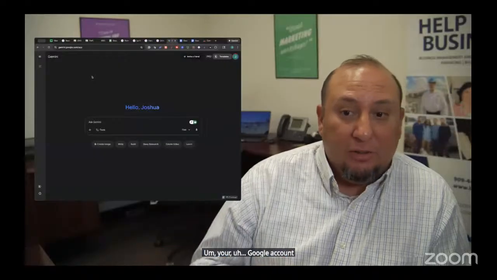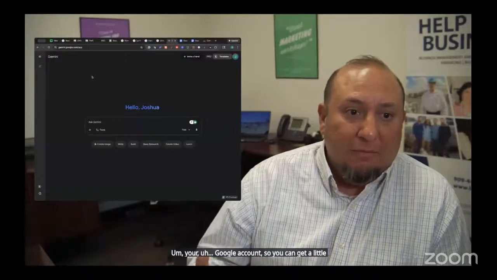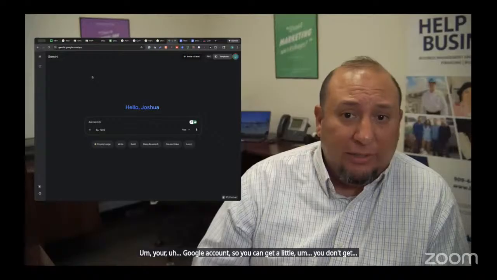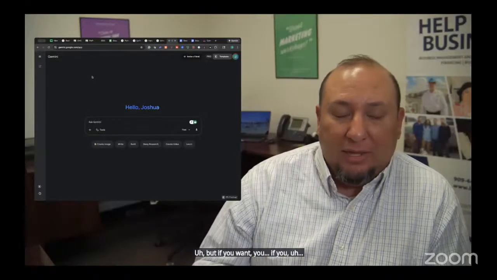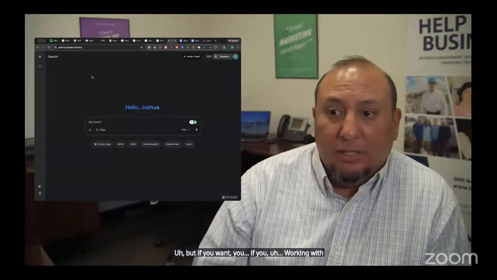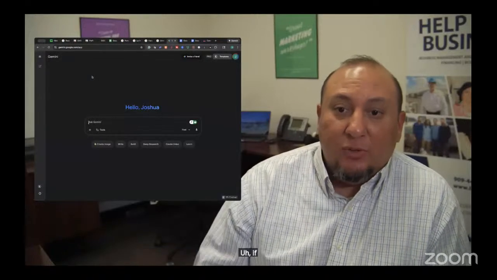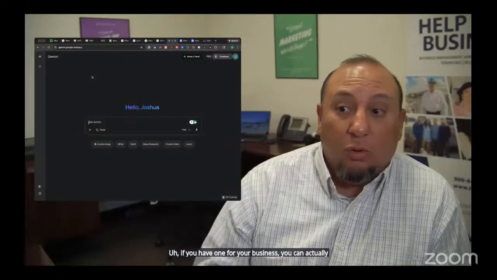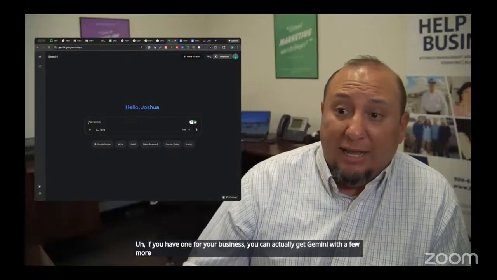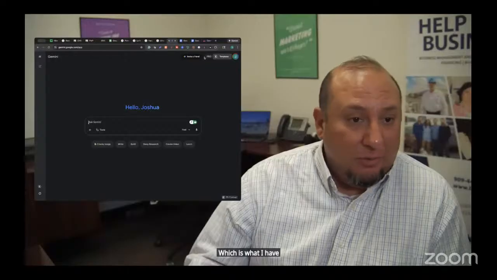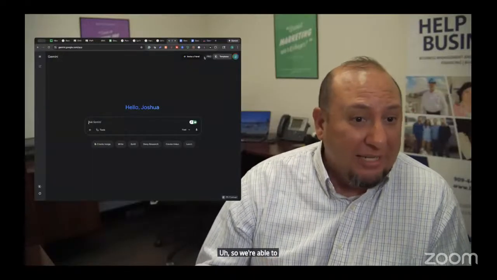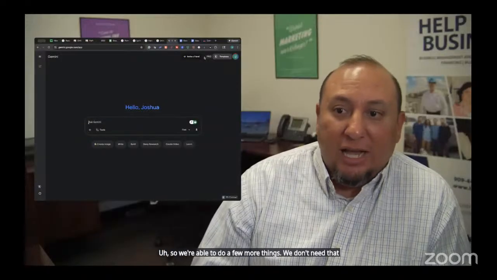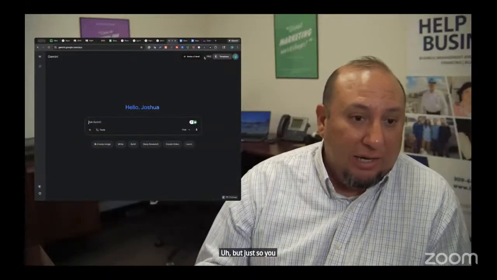But if you're working with a Workspace account, if you have one for your business, you can actually get Gemini with a few more pro features, which is what I have here. I have it through the university, so we're able to do a few more things. We don't need that specifically for this, but just so you know, you can use it if you'd like.